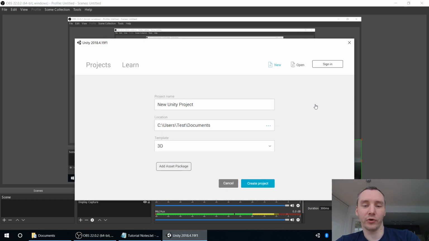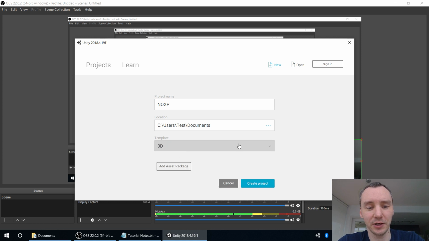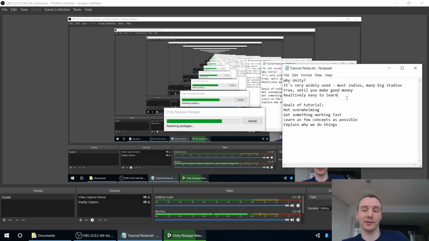So what version of Unity you need and where to get it, I'm going to put in the description, because the information on where to get it might change over time, and I can edit that later. For now, we're just going to create a new project. I'm going to call it NoXP, and make sure that it says 3D here, not 2D. And I'm going to click this button now because it's going to take a while to do. And while that happens, I will